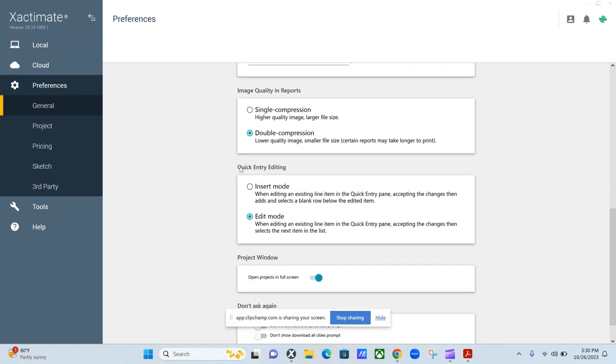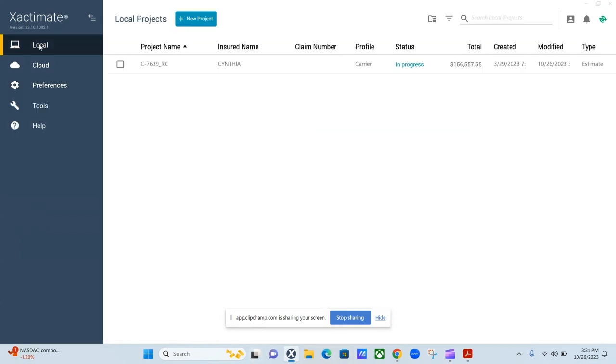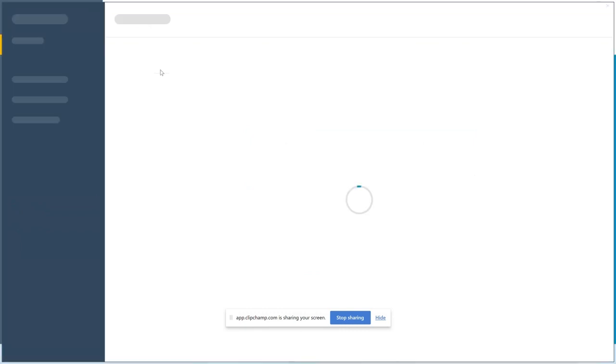Quick editing mode. This is pretty simple stuff. It's not really game-changing stuff right here. Insert mode: when editing an existing line item in quick entry panel, accepting the changes then adds and selects a blank row below the edited item. So what that's pretty much referring to is, if we go into this,